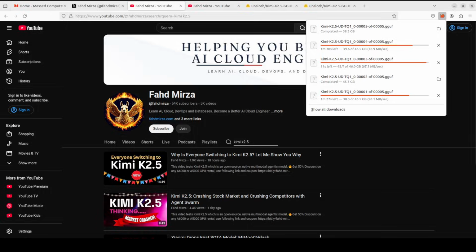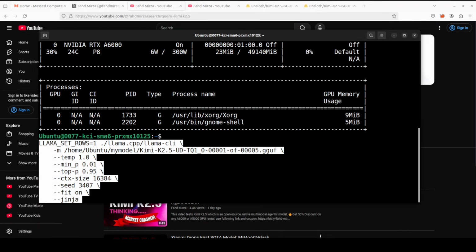It is almost done. Now coming back to this command, let's unpack it, what is happening here. So you see, I already have installed llama.cpp. The command is pretty straightforward. First up, we are setting this environment variable llama set rows to 1, which gives us a very tiny performance boost. The model path points to the first shard of the context model, and we are using the sampling